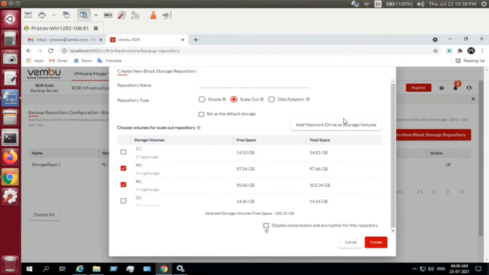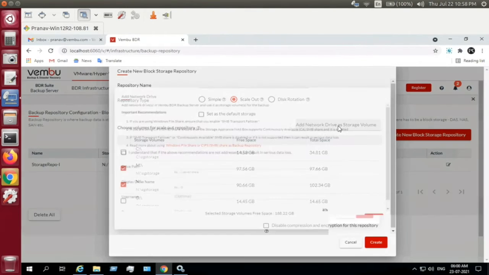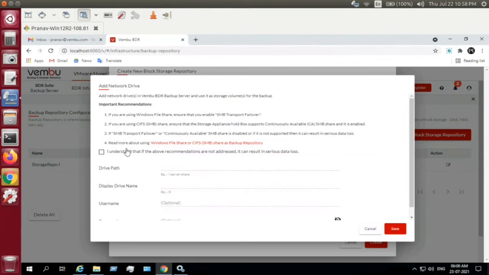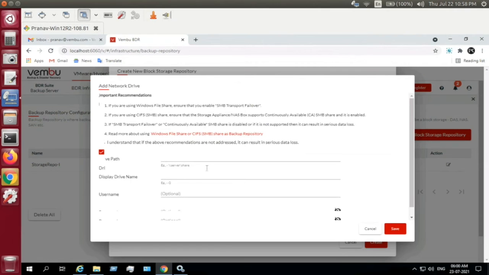If needed, you can even add your network attached storage. For example, you click on the add network drive as storage volume option. Here you can check this box, read through the instructions given here, and just mount the path by giving the data drive path of your storage, that is your network attached storage, and a display name like a drive letter, in a single word, like GAB.